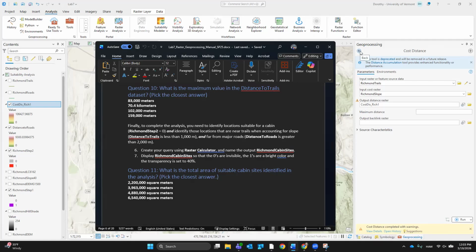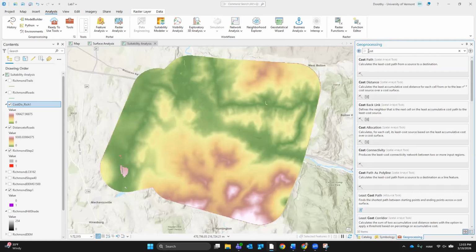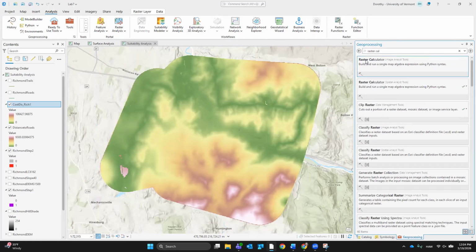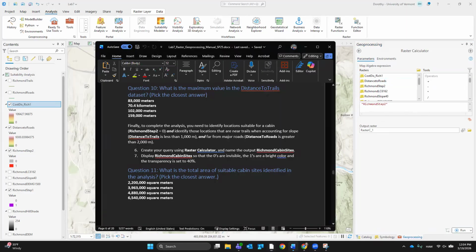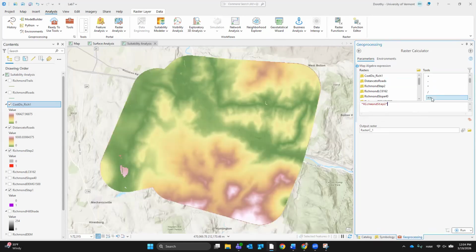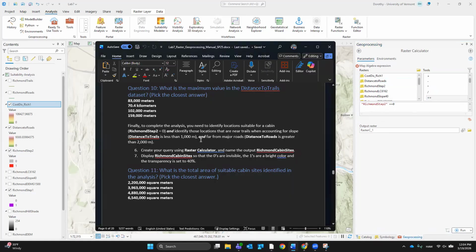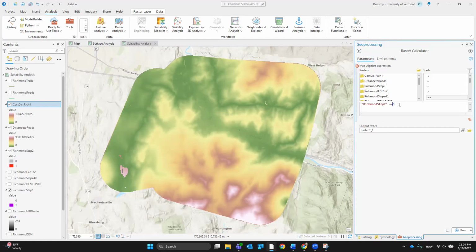Okay, so what is it? Step 2, distance to trails and distance to roads. Okay, raster calculator, Richmond step 2. We want Richmond step 2 equals 0. And these are all and, so we're going to do the whole parentheses. This is for sure and, not or, so we don't have to go through that whole debacle again. And